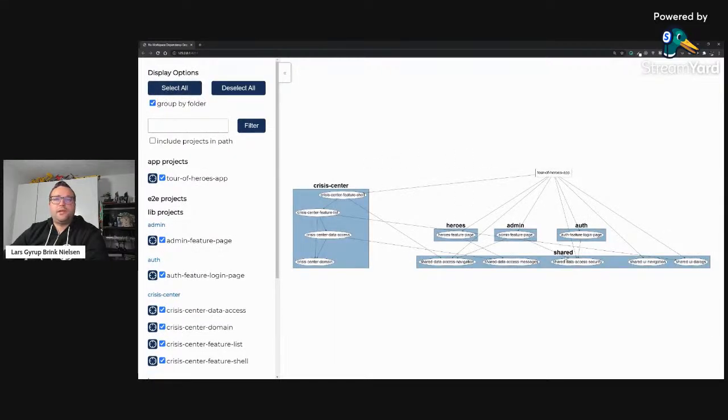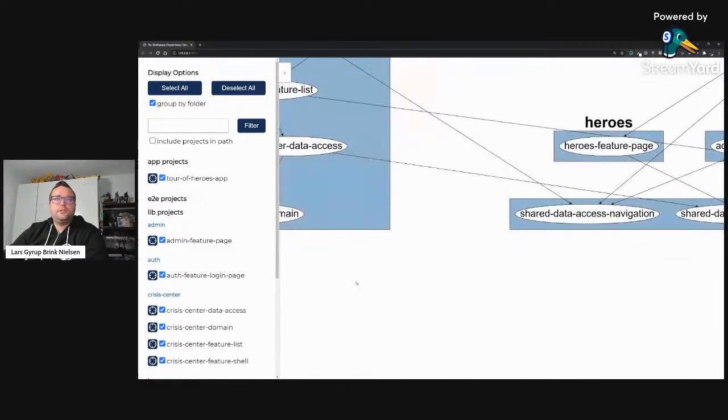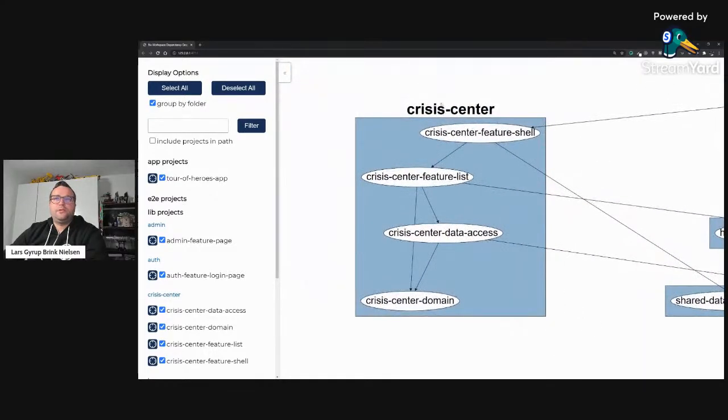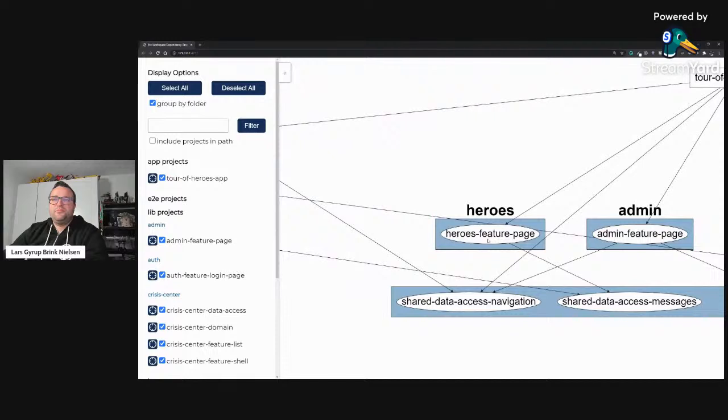And here we see it by grouping folders. So this is what we have been doing today. We have structured the Crisis Center domain. Before it was just one page feature library, and it turned out we didn't even have, well, you could say that